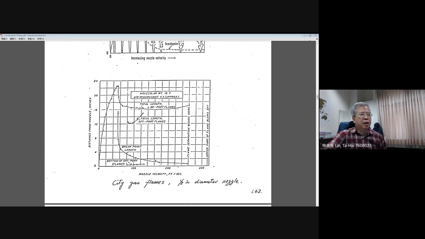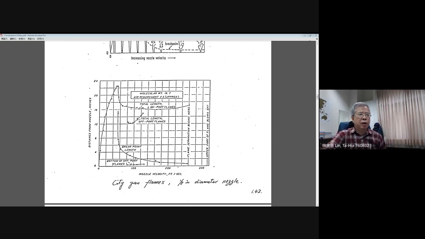And here there is the bottom of the port flame. That means they start to have the flame dip off. Okay, and here they tell you flame separation begins here. Okay, and the upper part of the flame blows off, which means there is